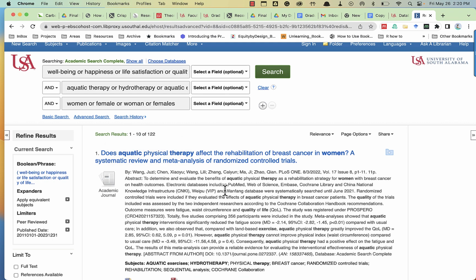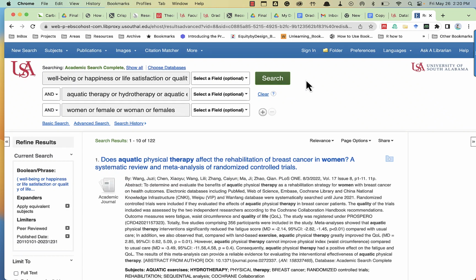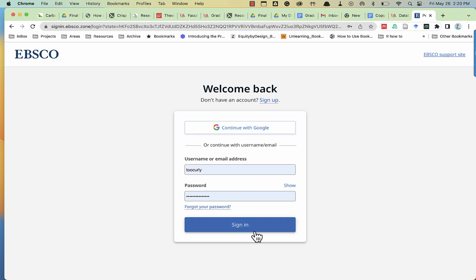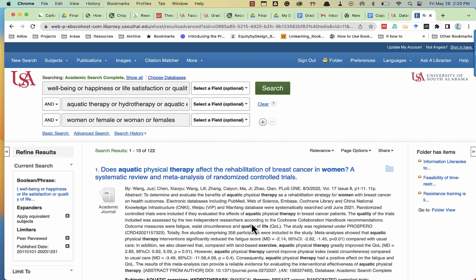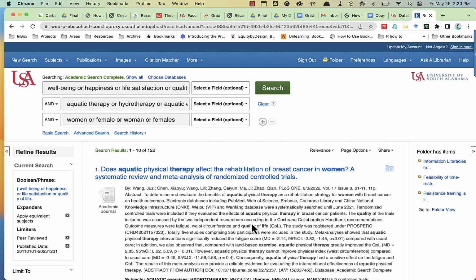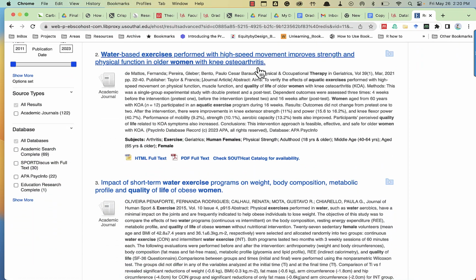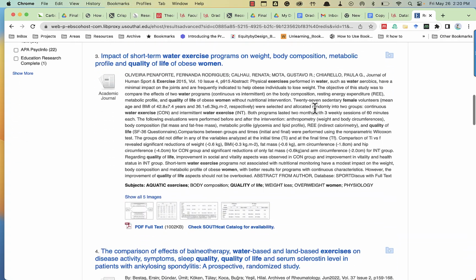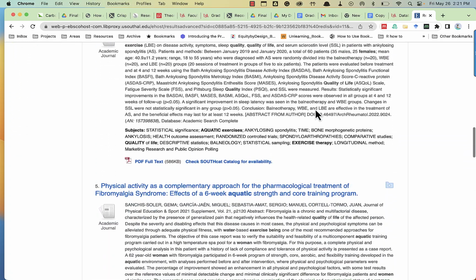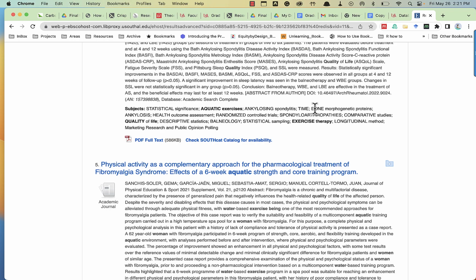To me, that is a good number of search results to look through. So let me go ahead and sign into my EBSCOhost folders account. I want to make sure that because now I'm going to go through and maybe start putting some articles into my EBSCOhost folders account. We don't want to forget to sign into that. But as I scroll through here, I can browse titles and abstracts and journal titles to see that these are all really good articles that I could use if this were my research